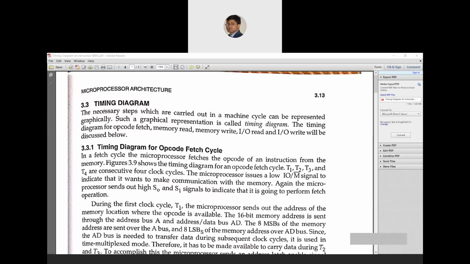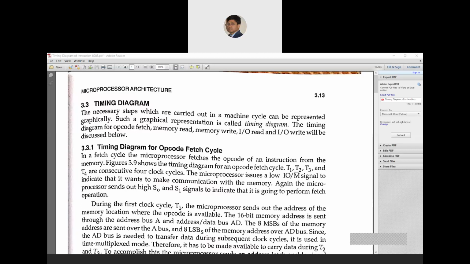So according to the different kinds of operations of instructions, the T state is directly related to how much time any instruction requires to execute properly. Suppose we are moving data from register to register, that is MOV P comma A, then it will require very little time, because it is only a register to register operation. And if we are moving some data from memory to accumulator like the LDA instruction, then it has some operations related to the memory, so it requires more time.